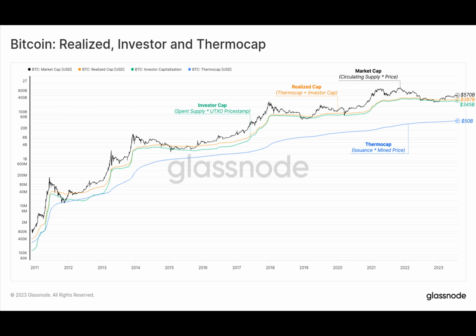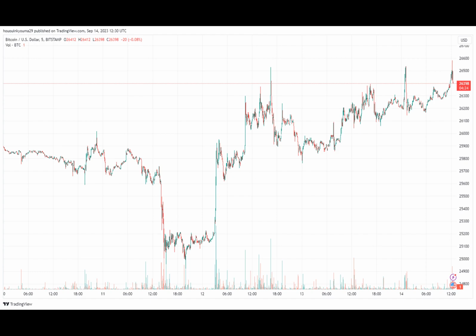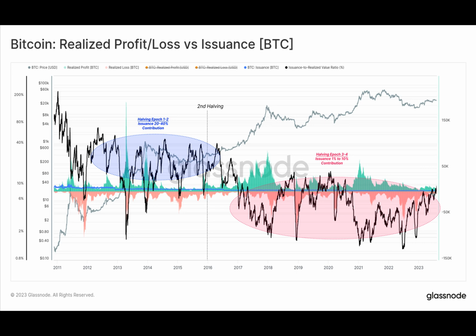Now here is a chart that shows how the aggregate issuance, called the thermocap here, has compared against the net profit loss that the holders have been realizing, and the realized cap over the years. From the graph, it's visible that the thermocap didn't have as much of a gap from the others in the early years of the cryptocurrency, but lately the metric data has diverged, and in modern times the thermocap accounts for just 8.7% of the total value stored within the realized cap, explains